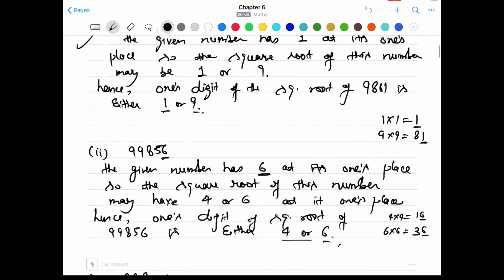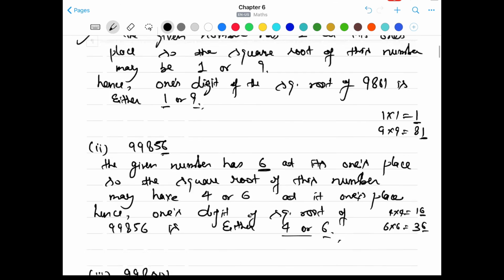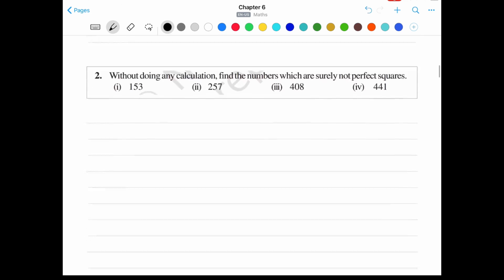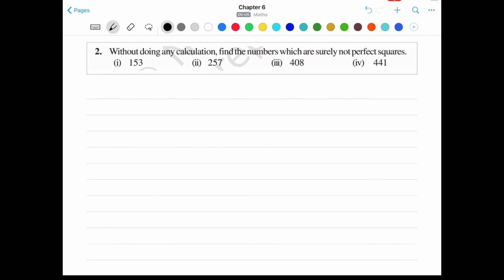This one is similar to the first because both have 1 at the unit place, and this one has 5, and we know that 5 comes at the unit place only when 5 is multiplied by 5. Okay, now coming to the next question, we have: without doing any calculation, find the numbers which are surely